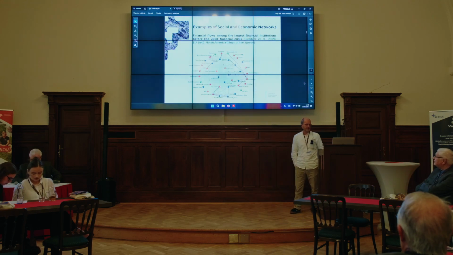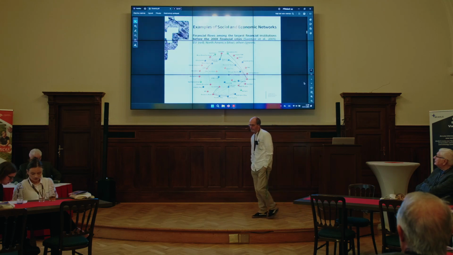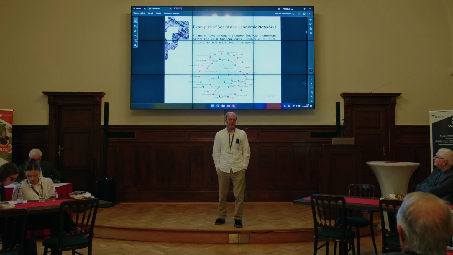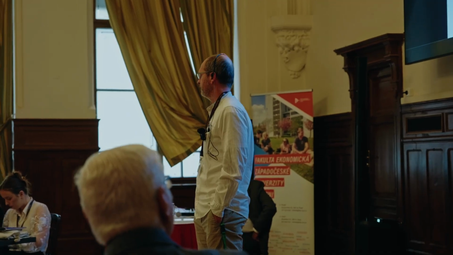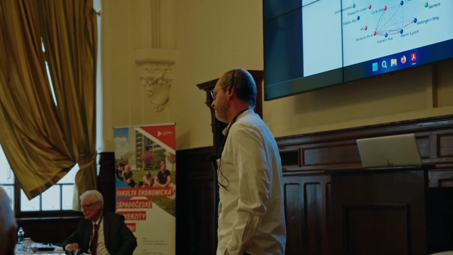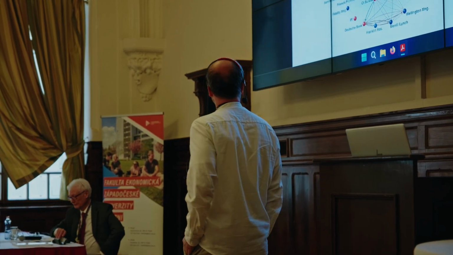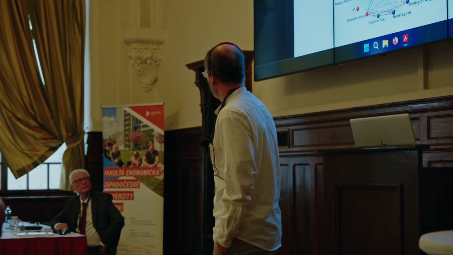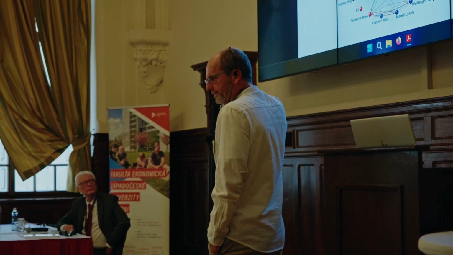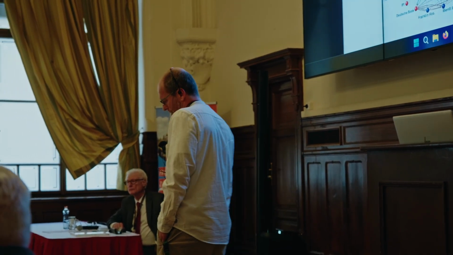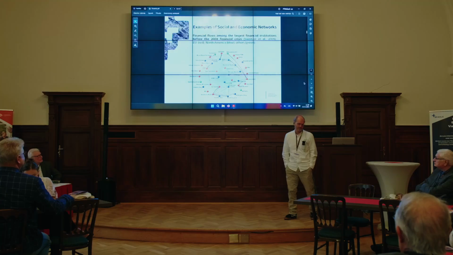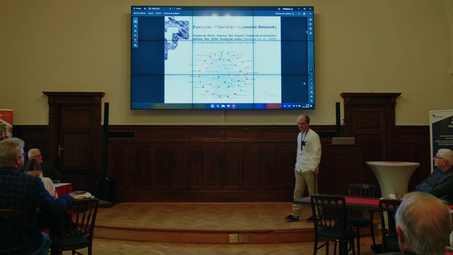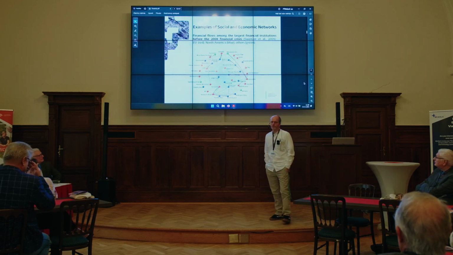Another example I have here is a network of the largest financial institutions during the 2008 financial crisis. This network has been used to explain the partial failure of the financial system around the world, which caused the financial crisis. The reason is that some of the players, there's this expression in American English, too big to fail, so some of these agents were too big to fail and they failed. I don't remember exactly the names, but JP Morgan, Merrill Lynch, and so on, some of these big ones.